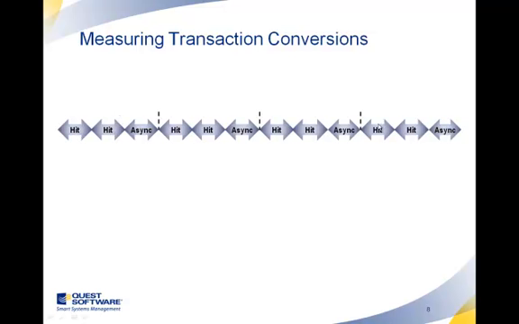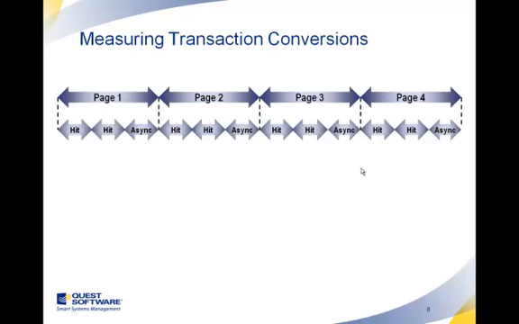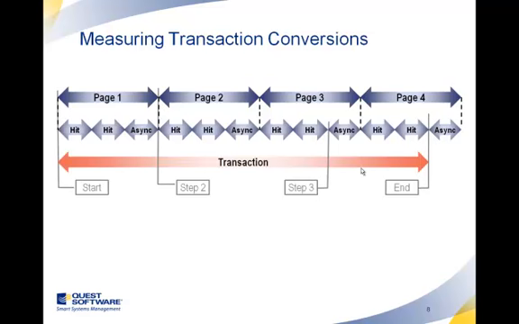the wire. In order to make sense of these hits, what we'll do is we'll start grouping them together according to page. So we'll say these 5 hits or 10 hits belong to a particular page. We'll then start looking at which business transactions happen. So page 1, page 2, and page 3, they all have components that would trigger off steps in a particular